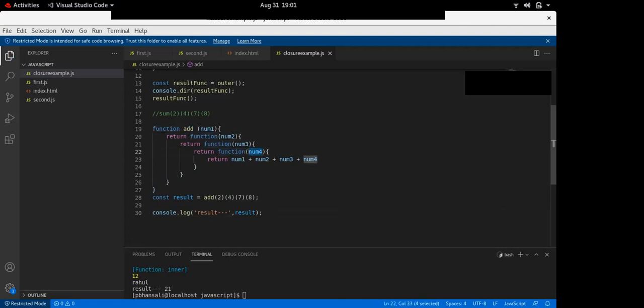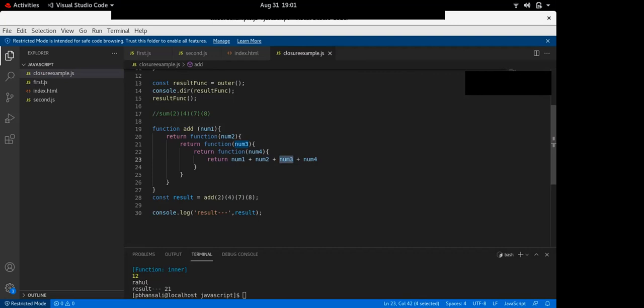But how is it having access to num1, num2, num3? Because of closure. This function will have access to all the variables that were declared in its environment. So it will have access to num2, num3, and num1 also.